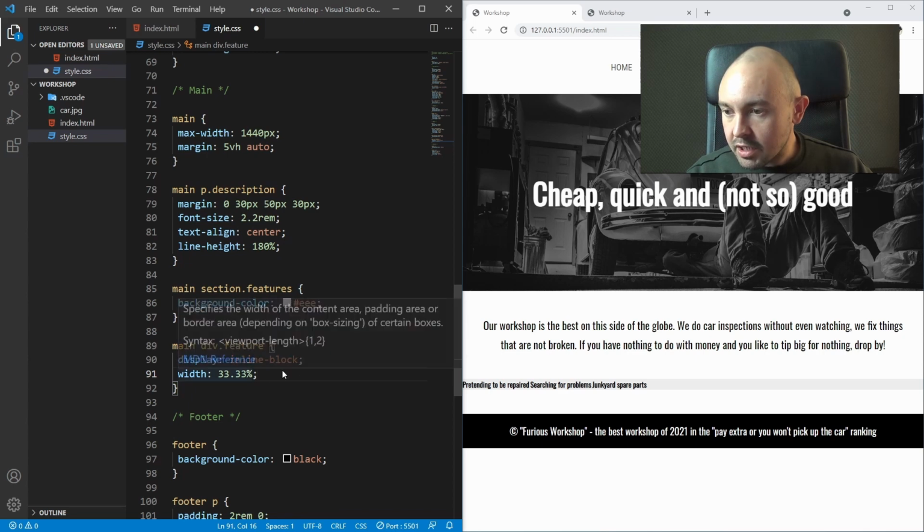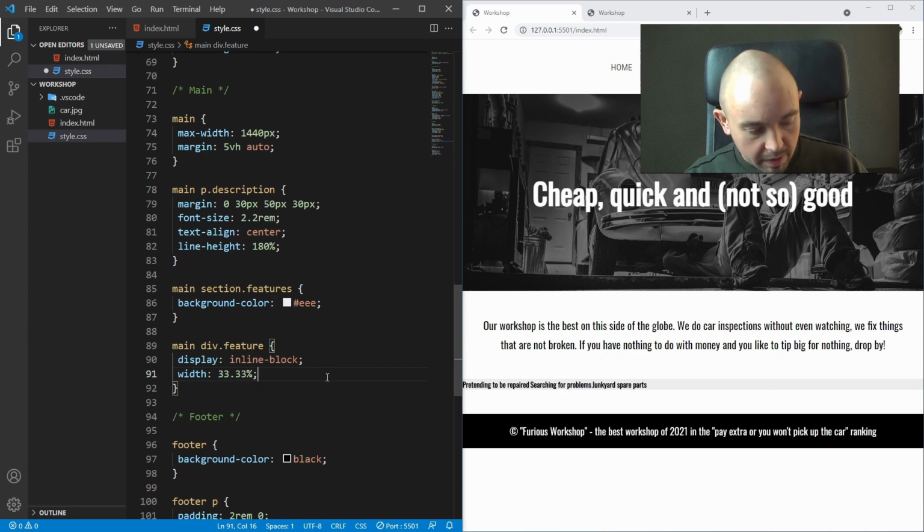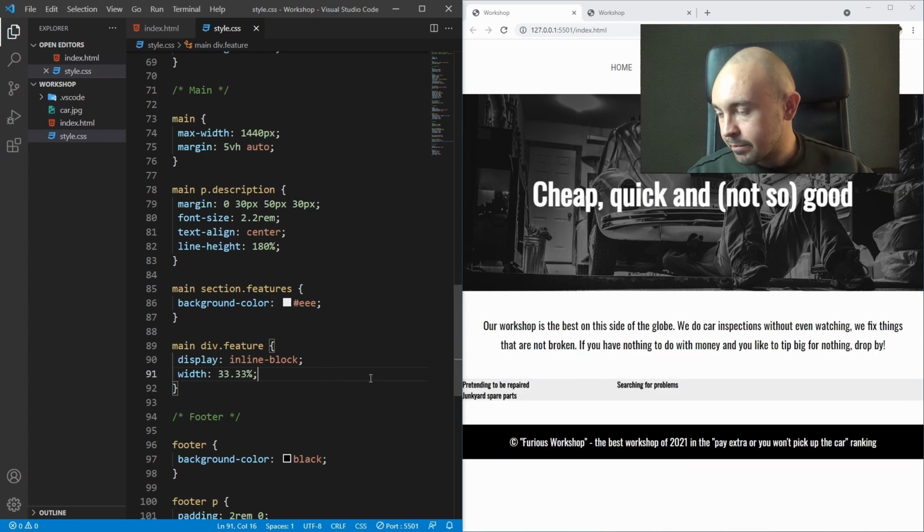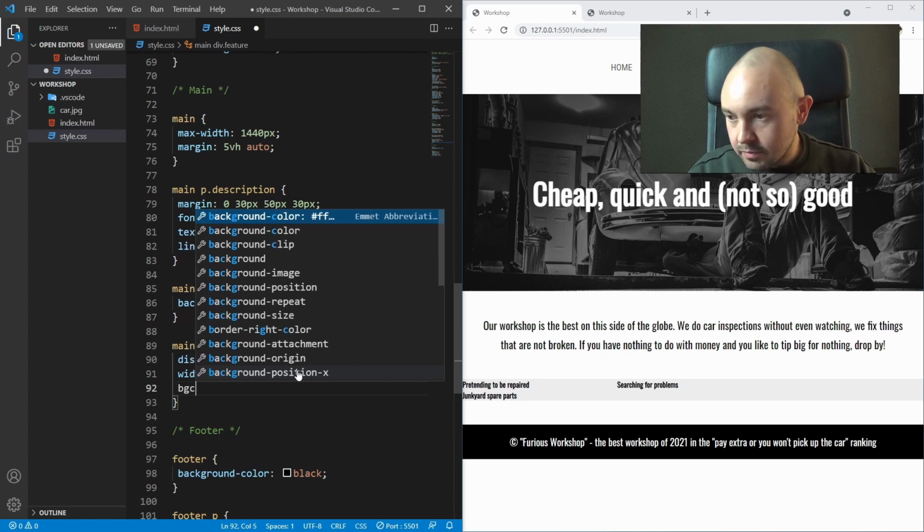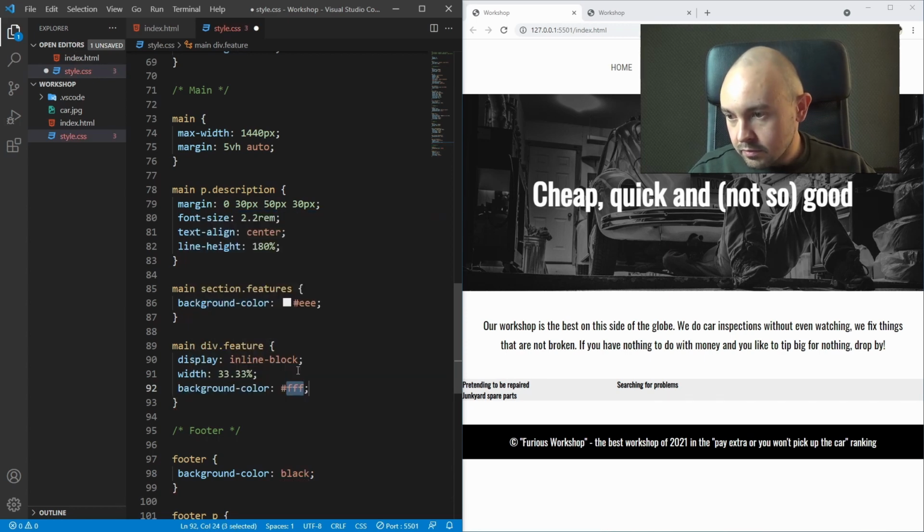So we want them to be equally spread on our website. Let's see the effect, and we can see that something doesn't work. Let's change its background color to gray, for example,